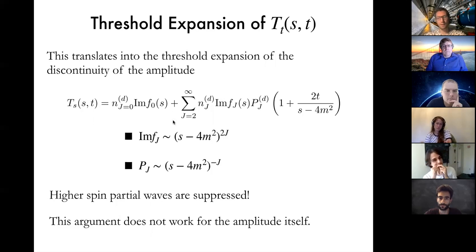And note an interesting thing: this argument does not work for the amplitude itself, because if you try to repeat it, you will find that this sum blows up, and this is really something for the discontinuity. But because we will use the Froissart-Gribov formula, which is formulated in terms of discontinuity, we will be lucky, and